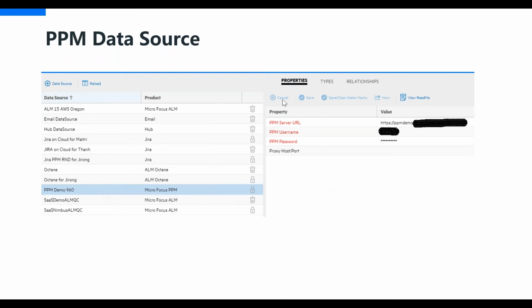For that, basically, it needs the PPM server URL, the username, password, and optionally the port number if you are using non-default port. So the required parameters for any data source configuration, they are shown in the red color. So you provide that information and save it. So that creates the first data source.